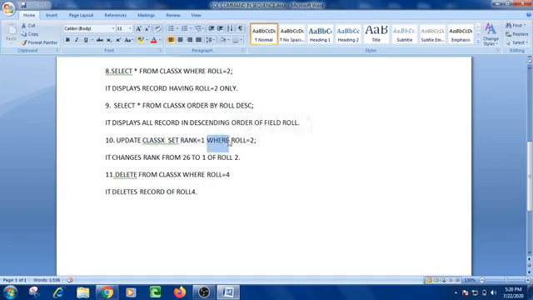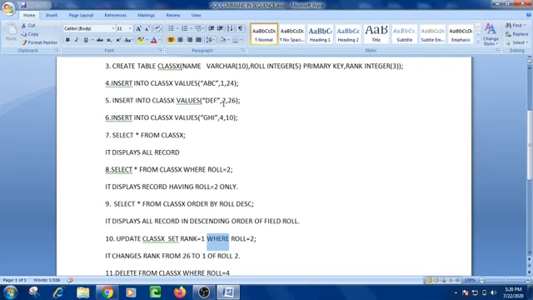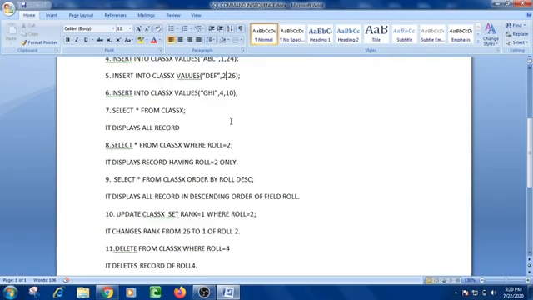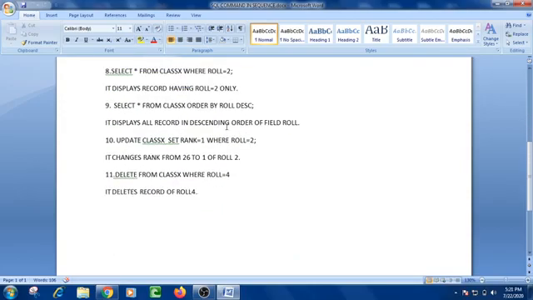So again the where clause is used. Where is always used whenever a condition is going to be applied. So I am writing here, change the rank of roll number 2. You can see that roll number 2 is having the rank 26, right? Roll number 2 is having the rank 26.